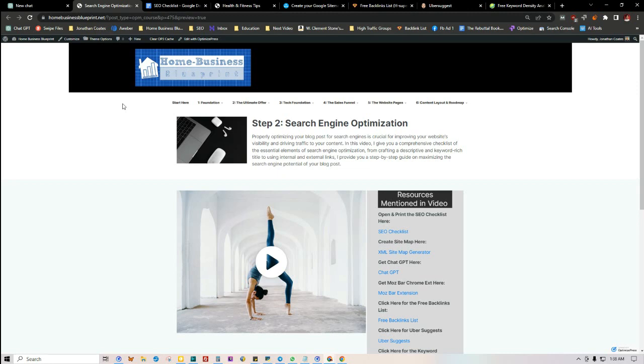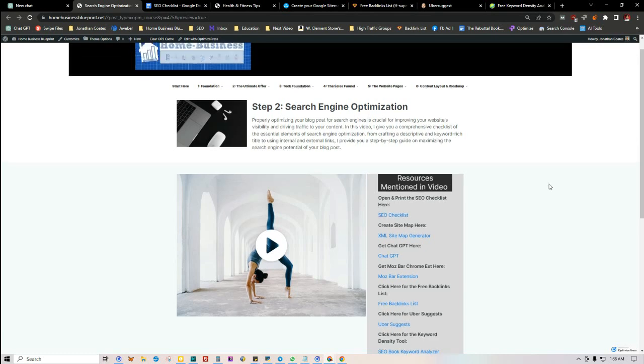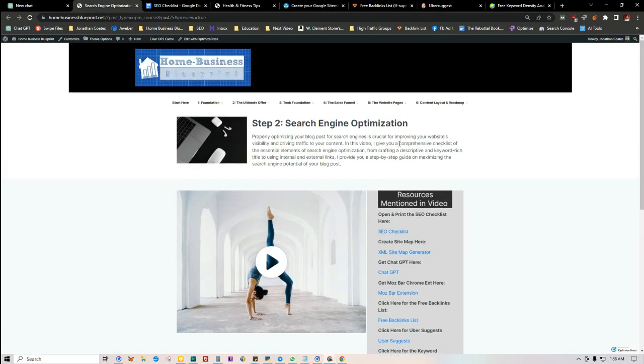But with SEO, it's more of a slow burn and a slow grind, although you are able to get just as much if not more quality targeted leads from search engines as you are from stuff like native advertising, etc. So we're going to be getting into this, and we want to be optimizing our content as we go along so that it's able to rank in the search engines.